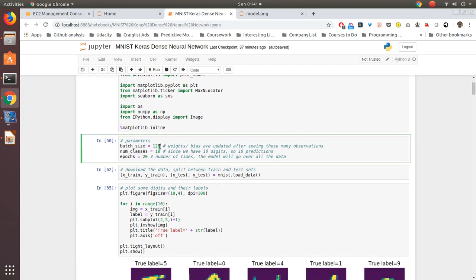So we're keeping the batch size as 128. The batch size is basically, during each epoch, for one epoch, our model goes through the whole training data set once. Now,